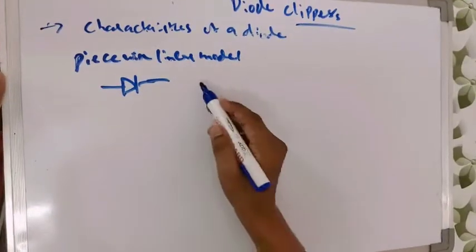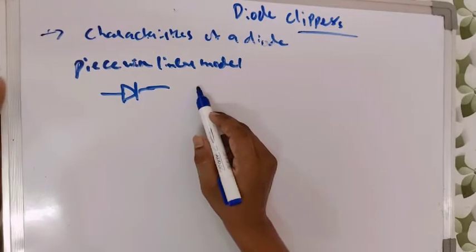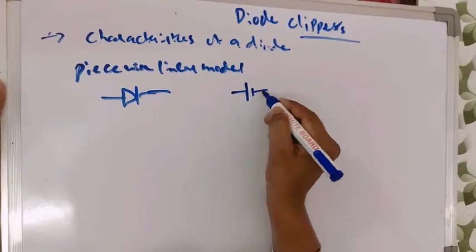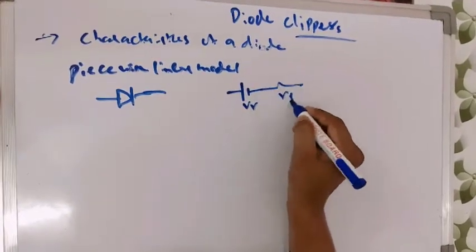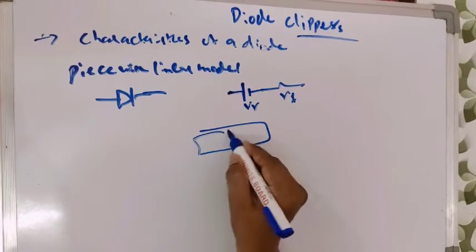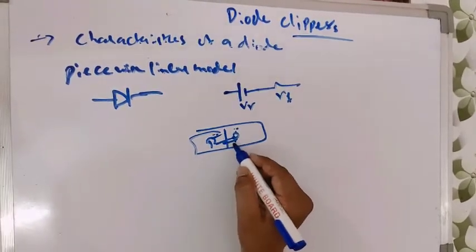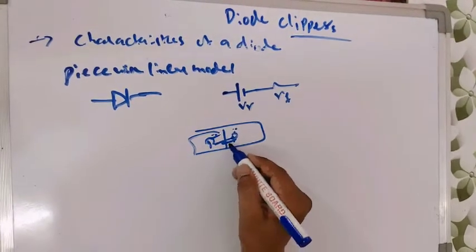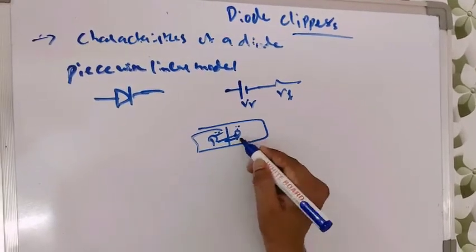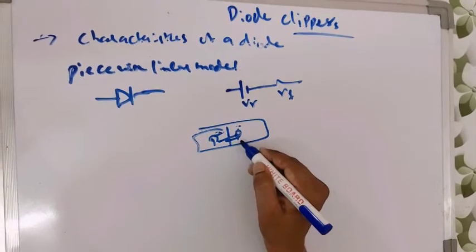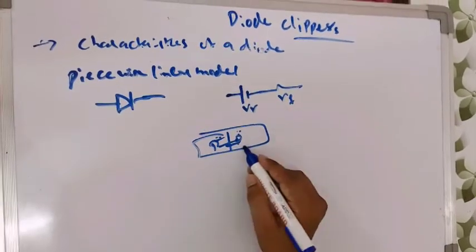The third model of a diode is called the piecewise linear model, in which along with the cut-in voltage of the diode, we also consider the forward resistance of the diode. Forward resistance means that in a p-n junction diode, when the carriers, that is electrons, are moving inside the crystal, there is always a possibility of resistance. That is, opposition to the flow of carriers is called resistance, represented here as forward resistance.